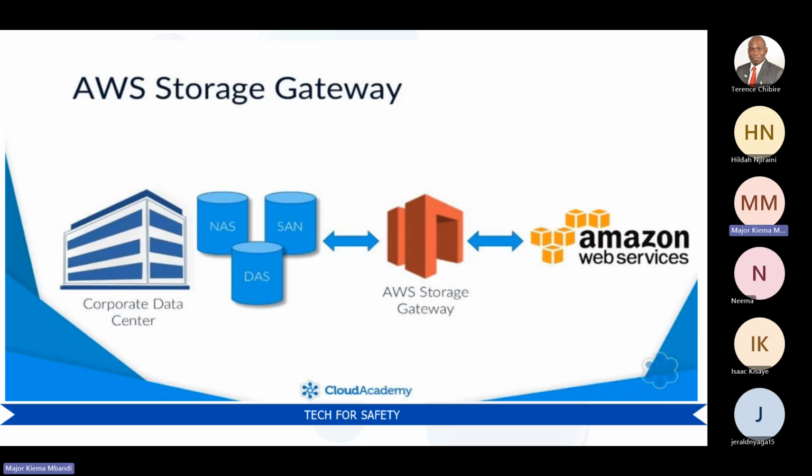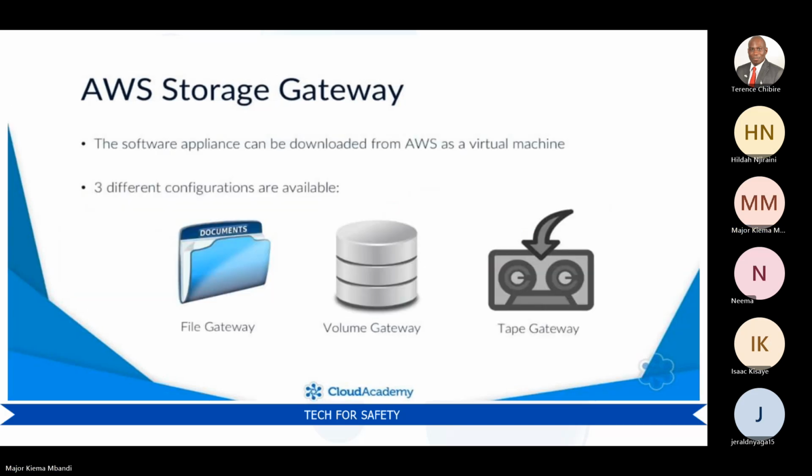So let's move on to the next slide. Yeah, so the appliance can be downloaded as a virtual machine. Two different configurations can be available. So you can make use of file gateway as we discussed. In the file gateway, you store file objects in S3 as a file share. So remember EFS, a similar option in terms of how data is being stored. It can be mounted using